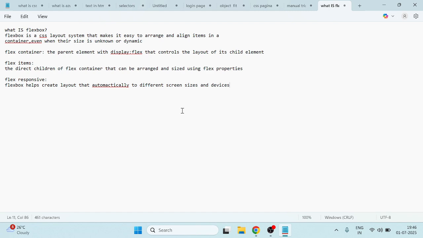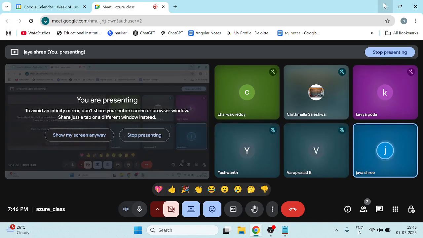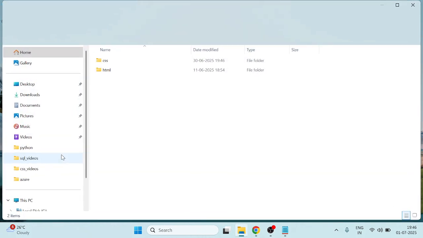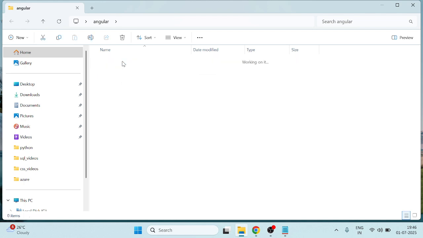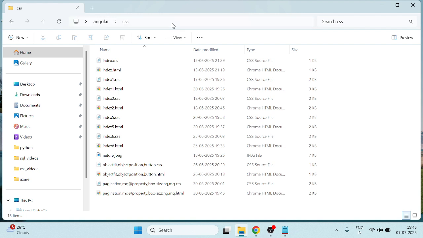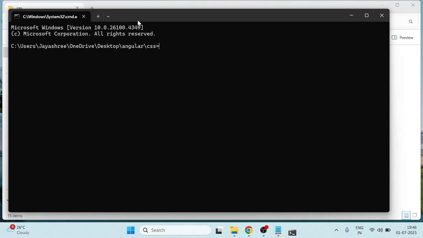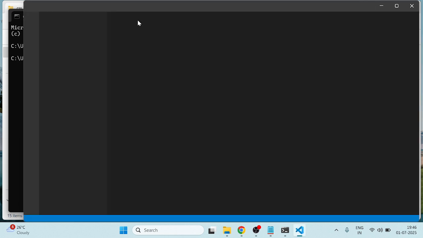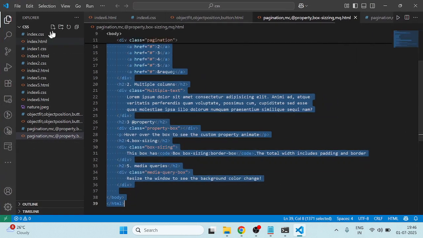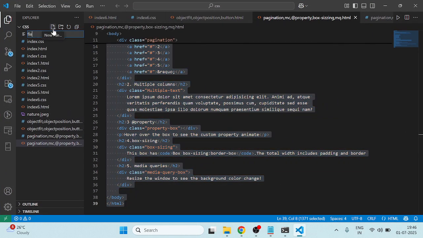We need to build some examples here. I'm going to open what we already have. Already we have the parent folder, the Angular folder, and after that I'm opening the CSS folder. Here cmd is the shortcut for command prompt. Type code space dot and enter. The particular folder opens in your Visual Studio Code, and after that you need to open the flexbox